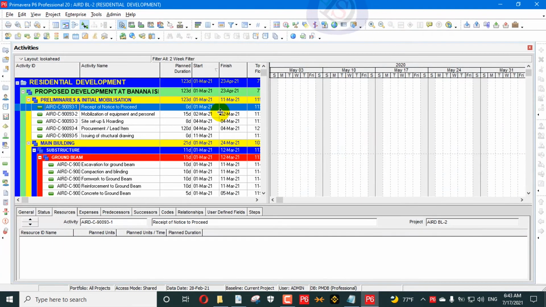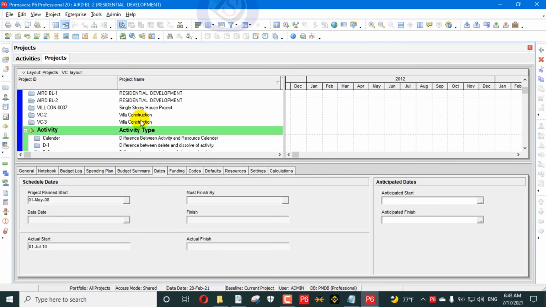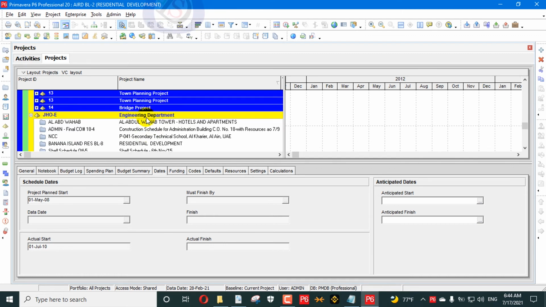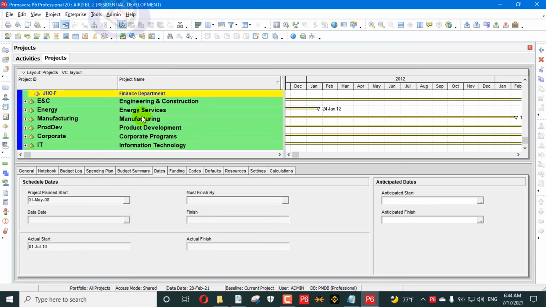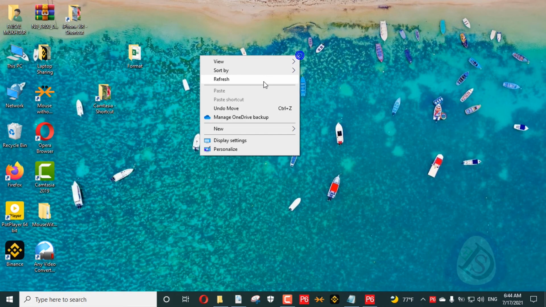So easily I can open it, because you know the residential development project. You can see all my projects are here, all the projects which I have set up for all work. I didn't forget my password, so that's why I can open it. But it's impossible to run a database without knowing the password and username of the database. You can add a new database and run a new database in Primavera P6, but you cannot open a database whose username and password you do not know. So this one is our today's content.